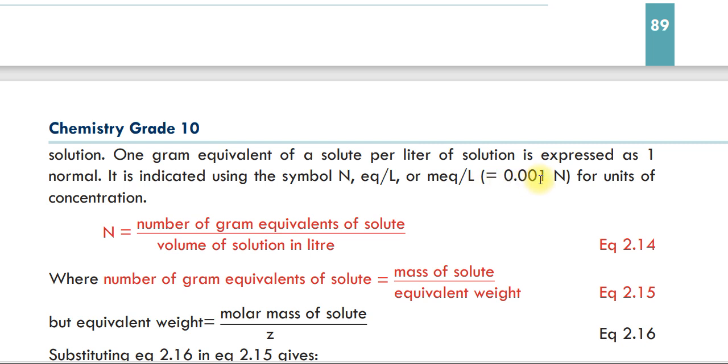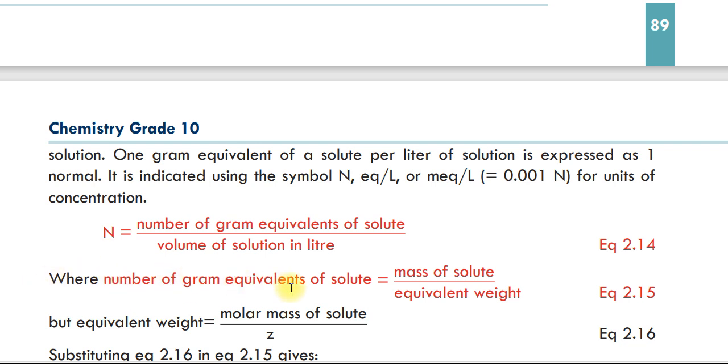ይህ ማለት 0.001 ኖርማል ማለት ነው። MEQ ወይም ሚሊ ኢኩቫለንት ፐር ሊትር እንደማለት ነው። ሚሊ ኢኩቫለንት ፐር ሊትር ማለት ሚሊ ስለሆነ 0.001 ኖርማል for a unit of concentration ማለት ነው። So normality, which is equal to number of gram of equivalent of solid over volume of a solid in liter, ስለዚህ ግራም ኦቨር ሊትር ነው ወይም ማስ ኦቨር ቮሊዩም ነው ማለት ነው። ልክ እንደ ዴንሲቲ ማለት ነው። ማስ ኦቨር ቮሊዩም ኖርማሊ ዴንሲቲ ነው አይደል ዩኒቱ።